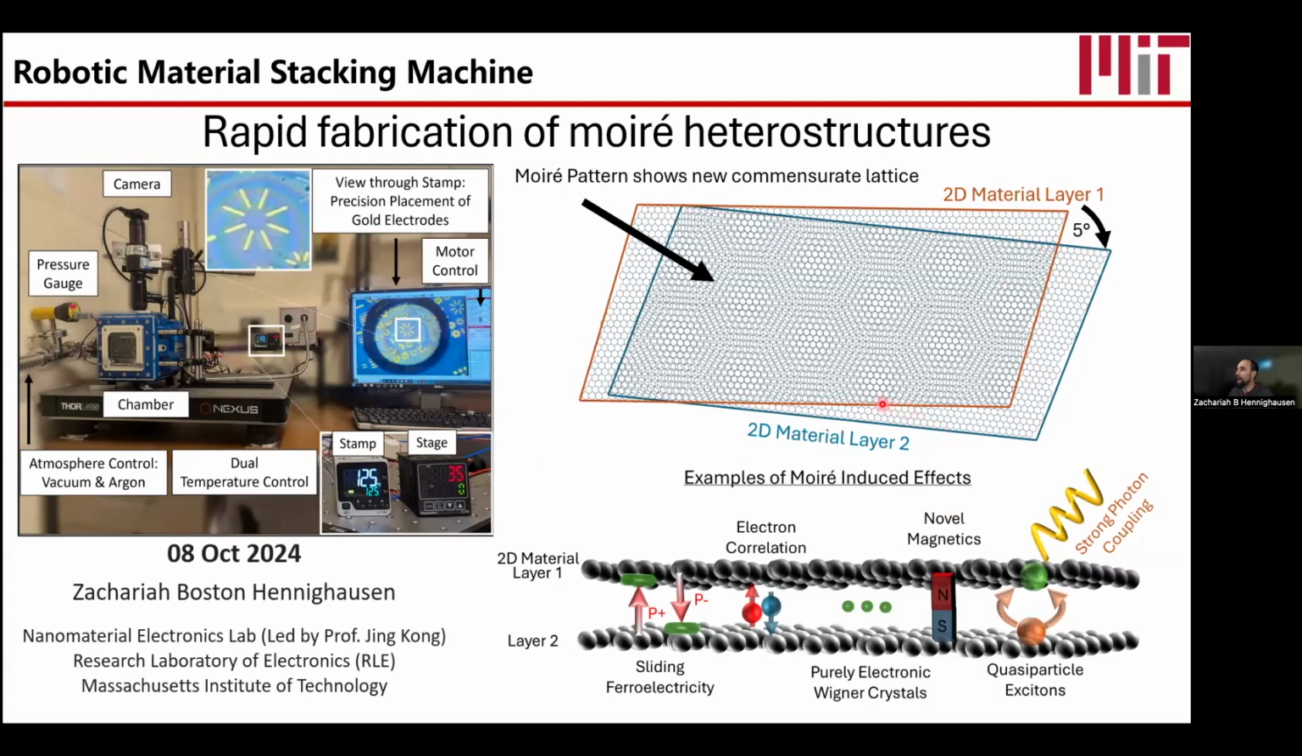And this formation happens because where the 2D materials overlap, their crystals have an effective multiplication, and they form this moire pattern. You can see this moire pattern. This moire pattern is a new crystal lattice. And as we twist the materials,